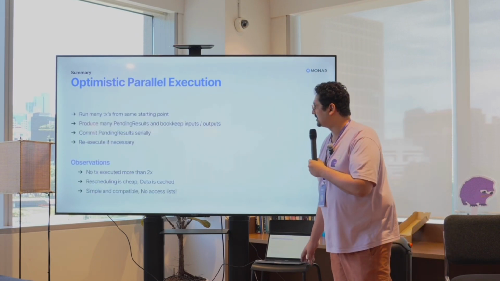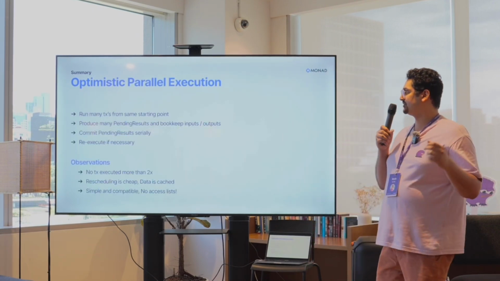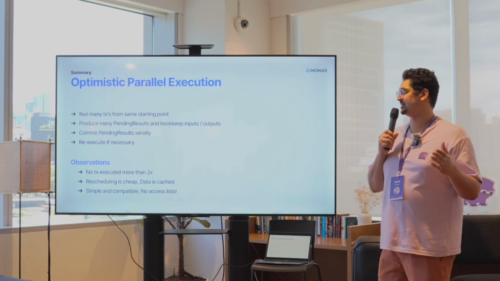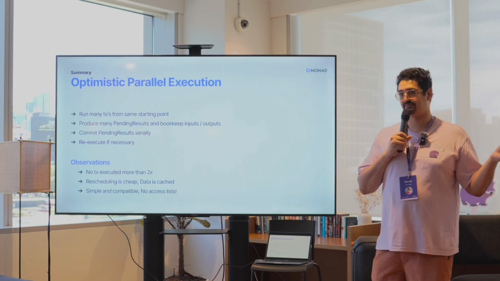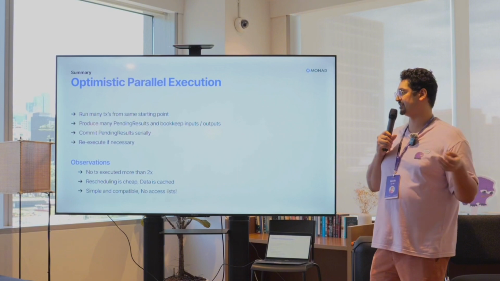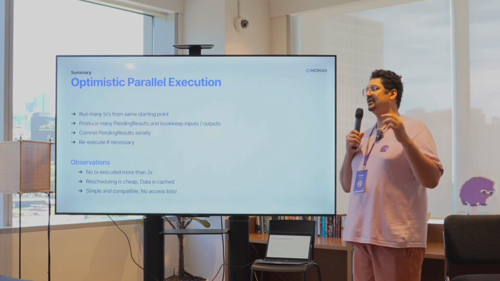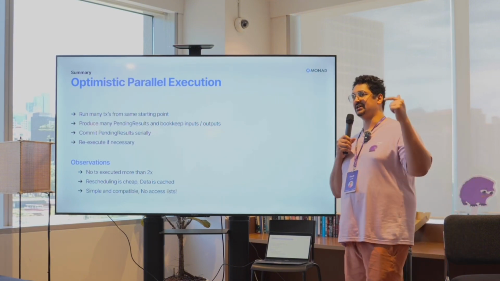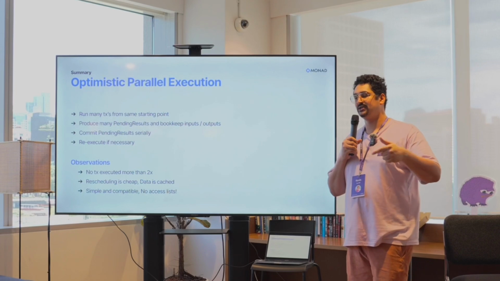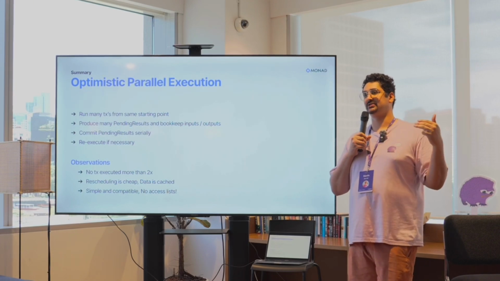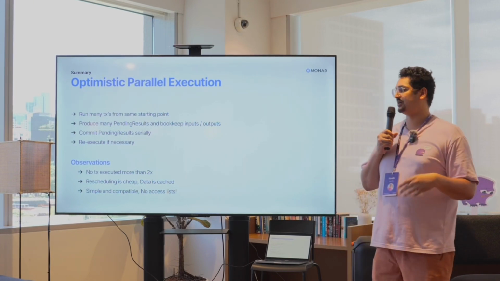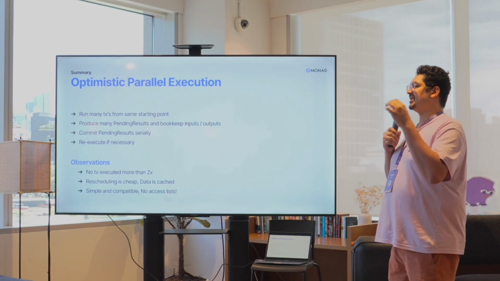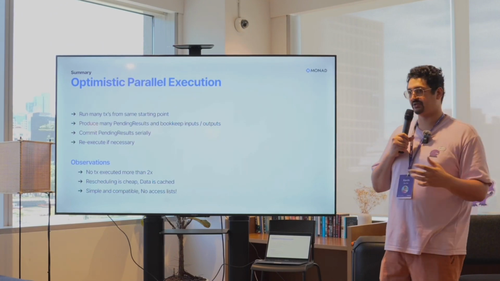So one thing to note, we basically run a bunch of transactions assuming the same starting point. We produce a bunch of pending results, commit those, and re-execute if necessary. Now, the way the algorithm works is that because we're committing them serially, you never have to actually execute a transaction more than once. And if we think about what actually takes the most time in a computer, it's actually